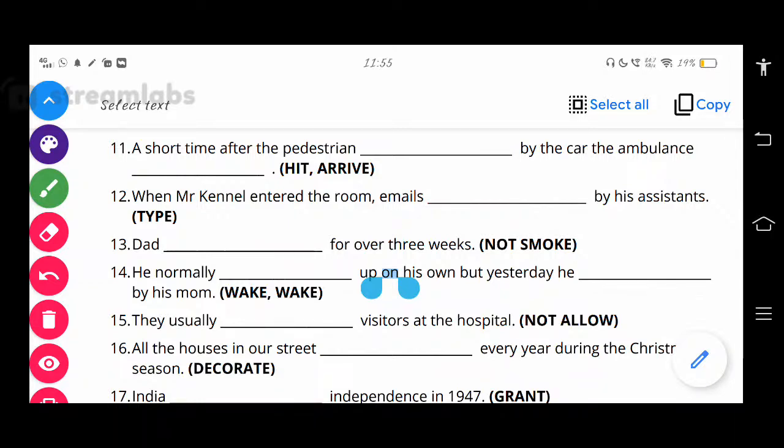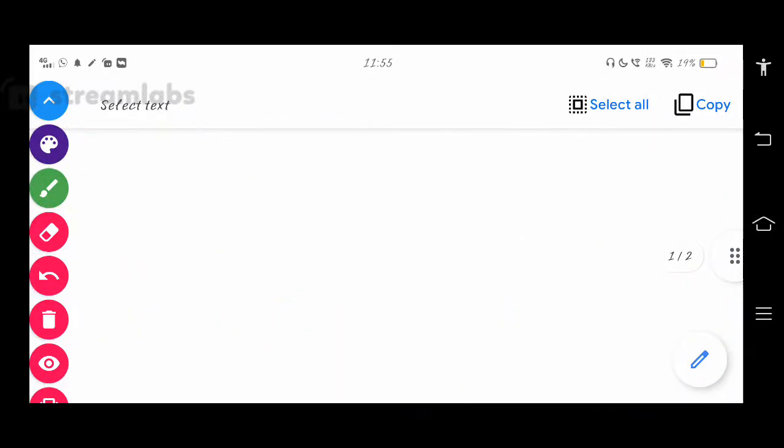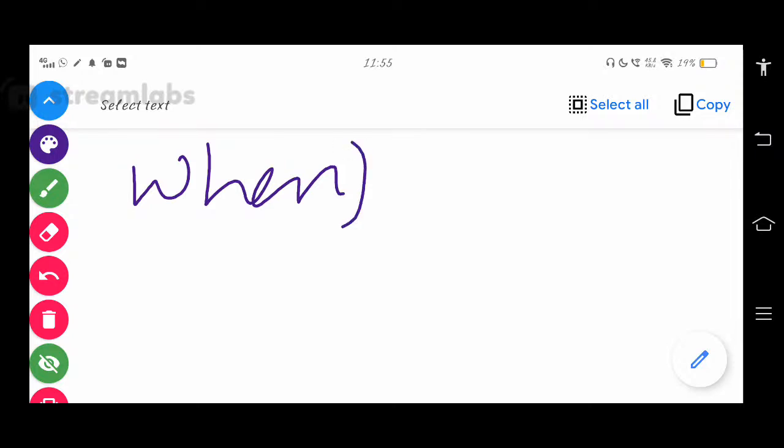Right, in the 12th example, I'll give you the 12th example. There is a keyword for us: when. Regarding when, I'll tell you, see there. So when is a linker. When this linker is used in the past time,